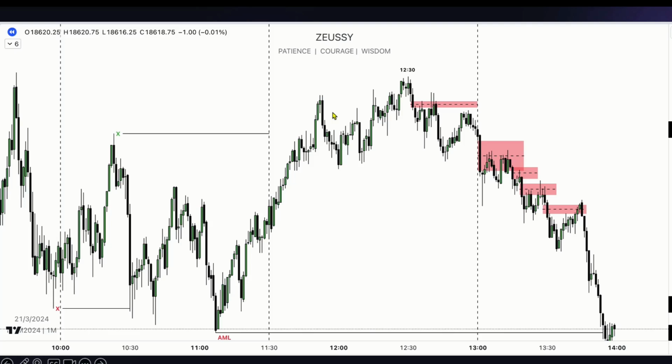Why doesn't it reverse just yet? Because there's another premium price level that it could trade towards. What's that premium price level? It's the open of this down close candle to the high of that down close candle. It's a bearish rejection block. The market trades into that, and at 12:30 the market begins to show signs of reversing.